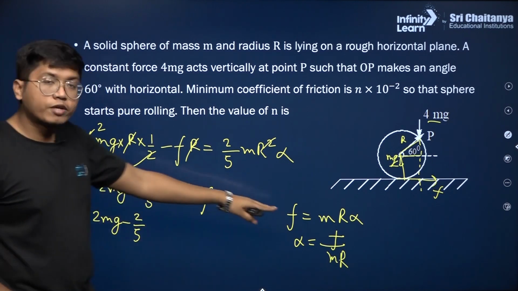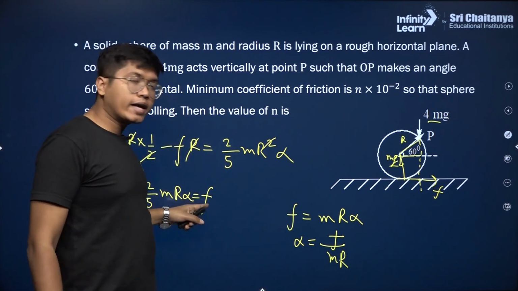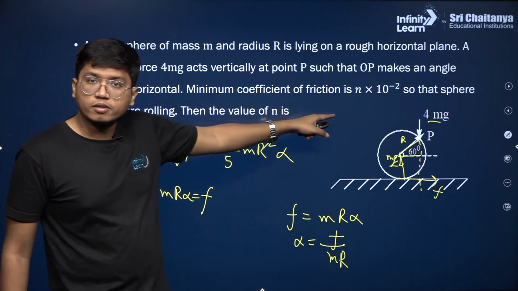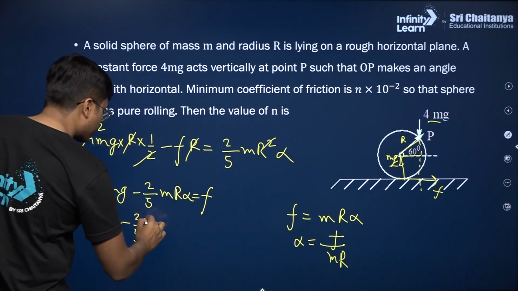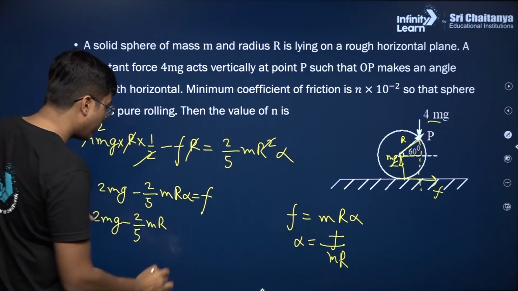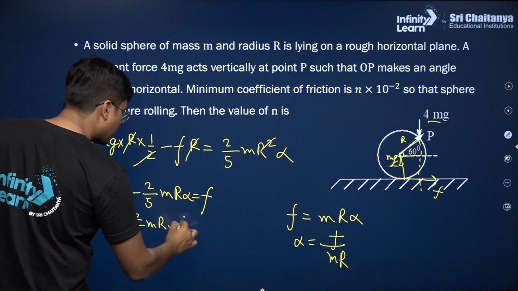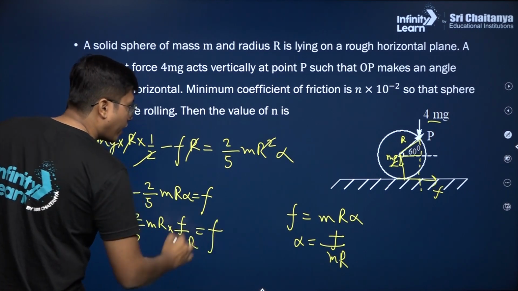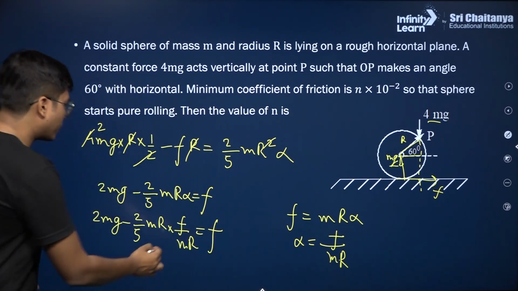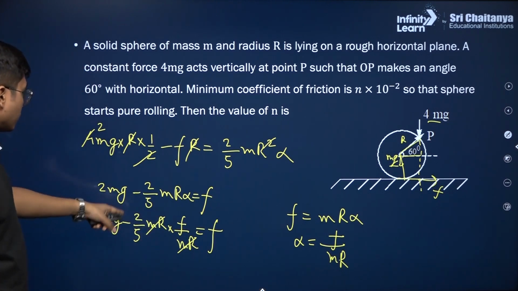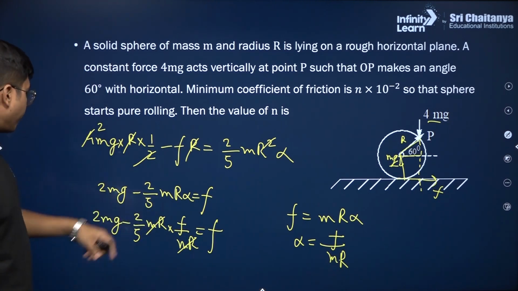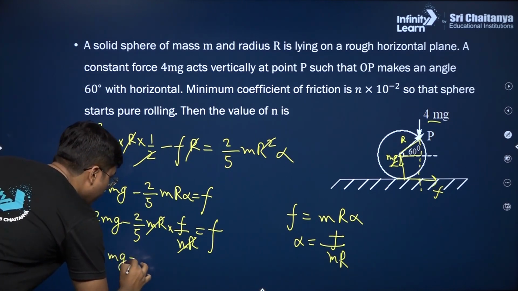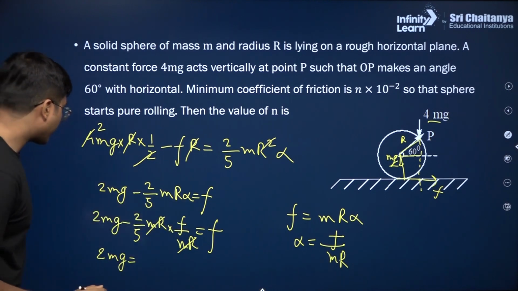See, our purpose was to get two equations. We have two unknown variables, alpha and f. Our purpose is to get f, because from f only we can get the coefficient of friction. So 2 by 5 mr into alpha, alpha is f by mr, that is equal to f over here. So this mr and mr cancel out. You have 2 mg minus 2 by 5 f, which makes it 2 mg is equal to 2 by 5 f, when it goes there becomes 7 by 5 f,